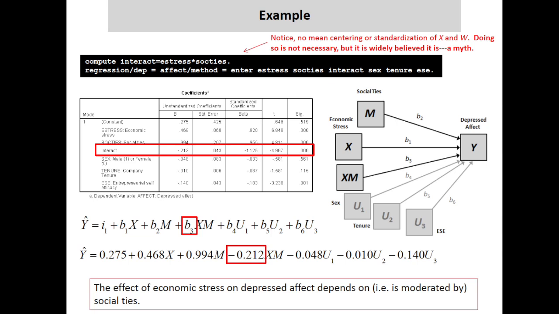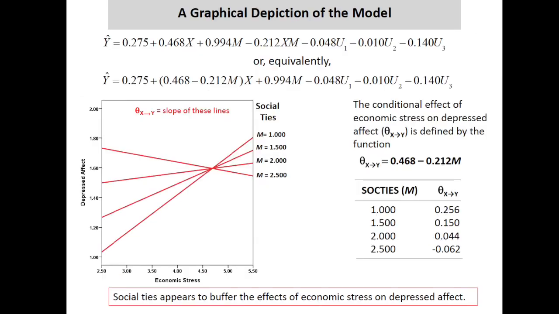and I would argue is in fact mandatory. Before you start talking about these things, you really got to draw a picture. Here's a picture of that moderation. So what am I doing here? Well, at the top we see the regression model with those 6 regression coefficients now included. And B3 was our product term, the regression coefficient for our product term.